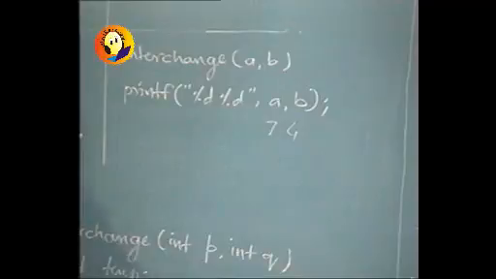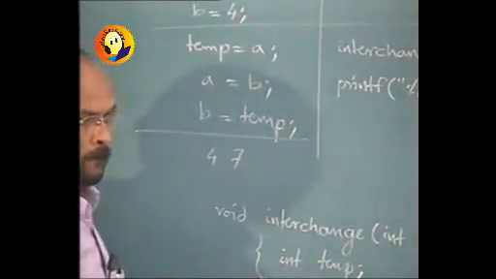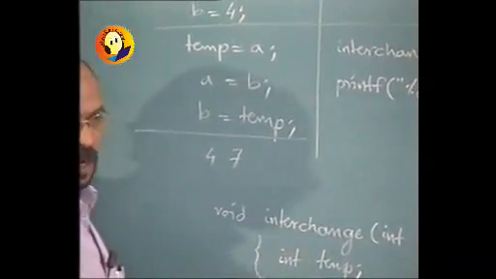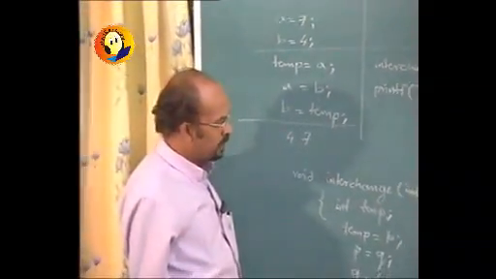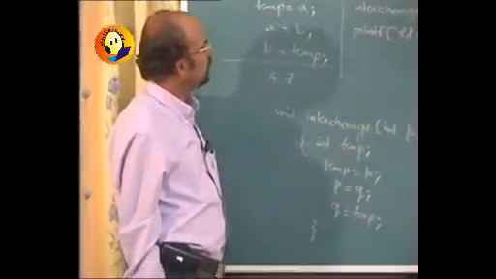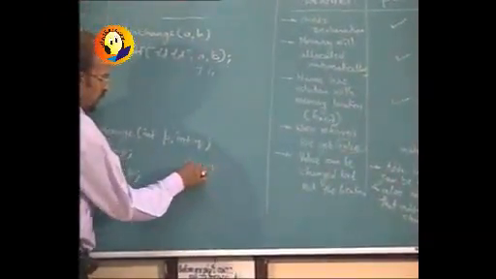When I go through this, output will be 4 and 7. If I call this function, output will remain the same. Actually something that we had actually considered in the first or second lecture. What happens is the mechanism for the function,